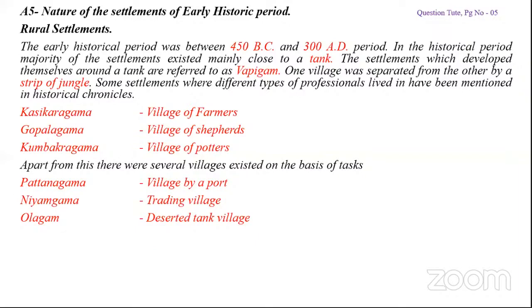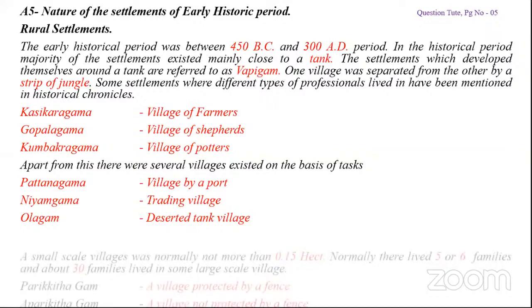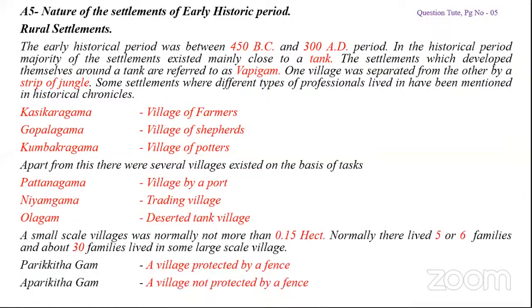Apart from this, there were several villages that existed on the basis of tasks. Pattanagama, a village by a port. Niyamgama, a trading village. Olagam, a deserted tank village. Small scale villages were normally not more than 0.15 hectares. That was the size of a small village. Normally 5 to 6 families lived there. I showed you the structure of a village, with 5 to 6 families, and about 30 families lived in some large